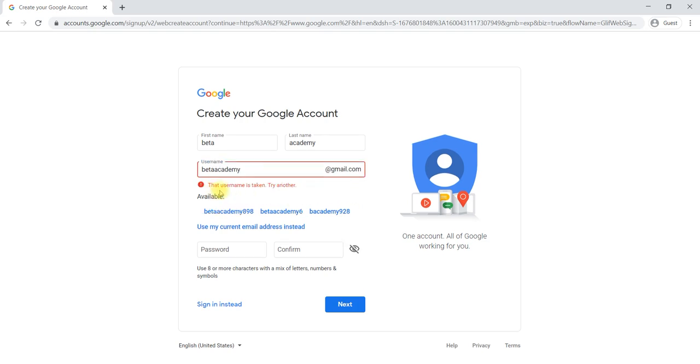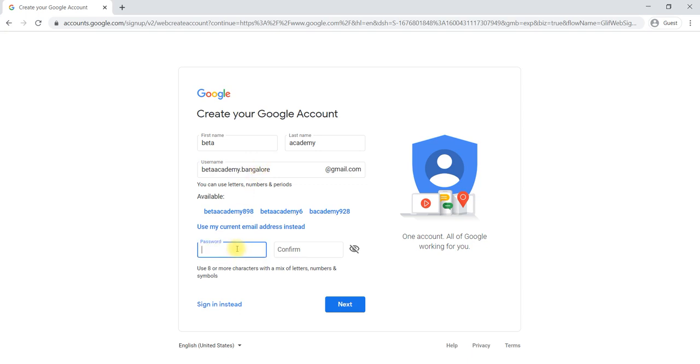No, the username is already taken, so I will not be able to use that one. Then what I do is add dot Bangalore. If I use that, yes, it is available, as it is not showing any red error. Beta Academy dot Bangalore is the Gmail ID for your business from now.